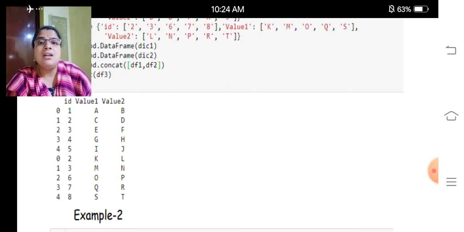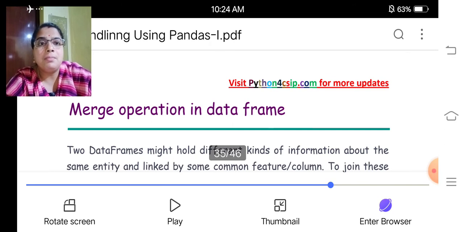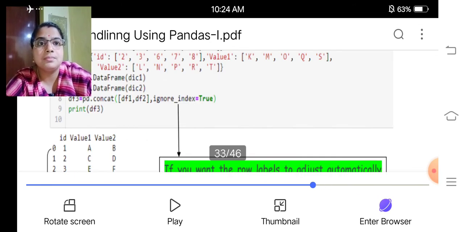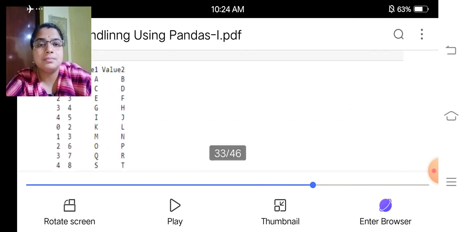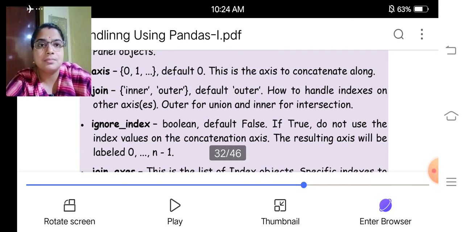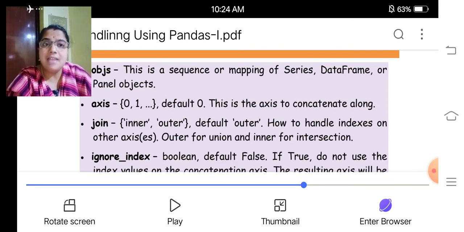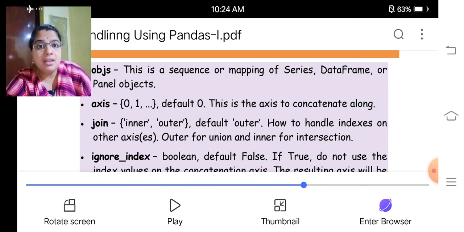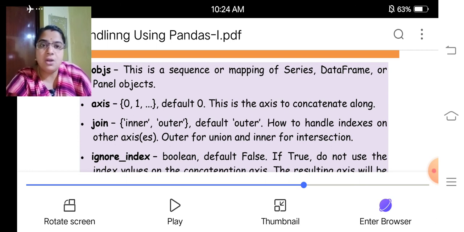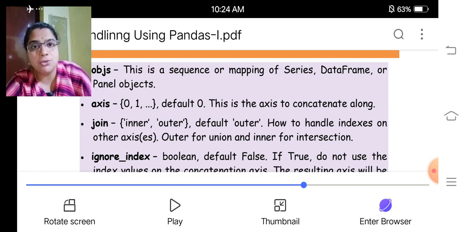By default, the axis will be 0, that is rows only will be concatenated. The join argument will be outer, that is union. Ignore index will be false, so it will take the indexing as 0, 1, 2, 3.